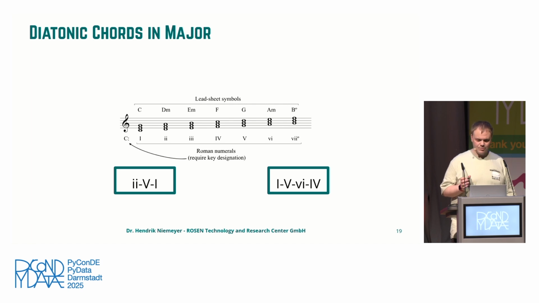And usually these chords are described either by their name. For example, here we have a C chord or a D chord or an E chord, or by Roman numerals indicating the step on the diatonic scale which they are on. So C is the first note of the C major scale, so I is then the first chord of the C major scale, so the C chord. And usually, if you look in textbooks, chord progressions that are used as musical accompaniment are described by using these numerical values, like, for example, a 1-5-6-4 chord progression used in pop music, or a 2-5-1 chord progression used in jazz music.